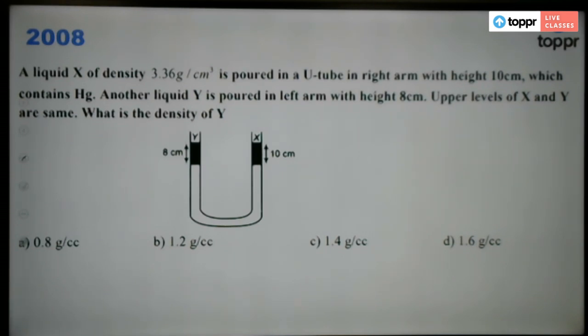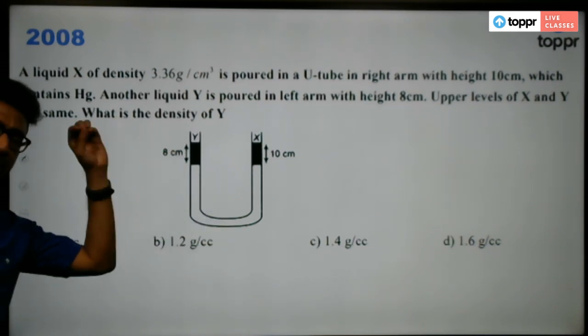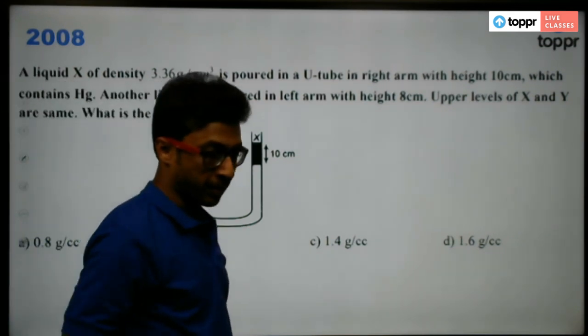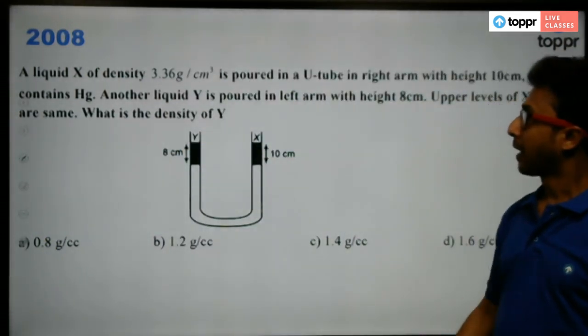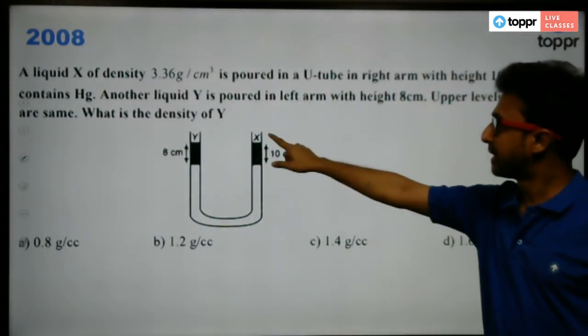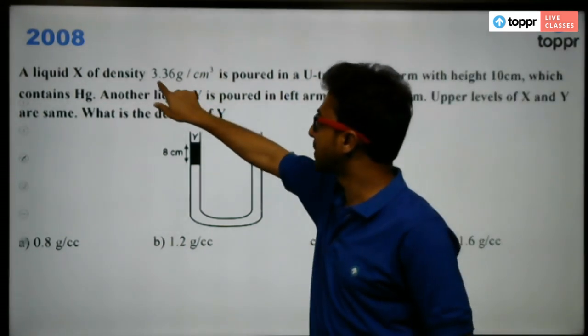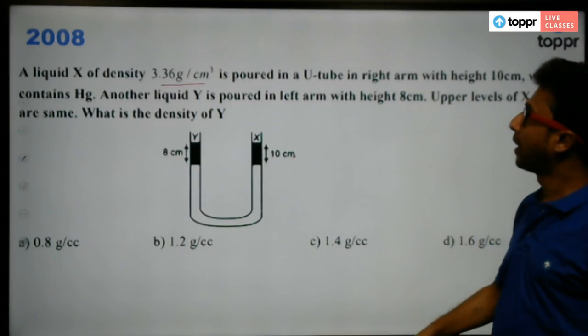Okay. This is a type of problem. You will get plenty of problems like this in YouTube. We are using the similar H rho G principle, pressure of the liquid column, and this kind of problem comes. It's very common. Okay. See, a liquid X of density 3.36 gram per centimeter cube is poured in